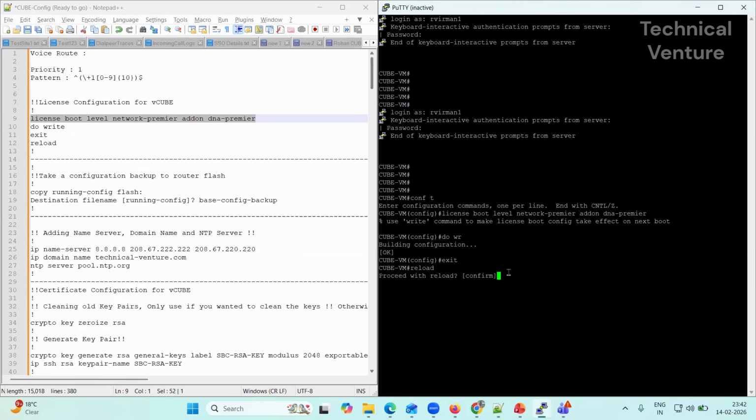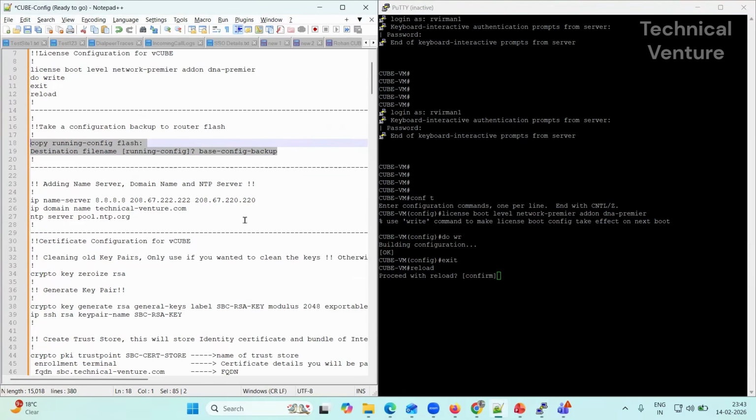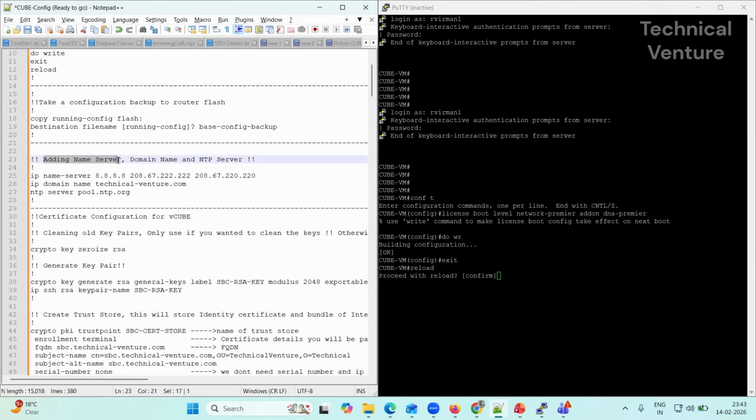After that, what we are gonna do on the cube is this one, you can see it up here. We will wait for a moment until this cube comes up. Then we are gonna take a backup of the configuration, that's what it says, take a configuration backup to router flash. I'm gonna use this command. After that, we are gonna add the name server, domain name, and the NTP server as well. These are important ones. So I'm gonna use ip name server 8.8.8.8,